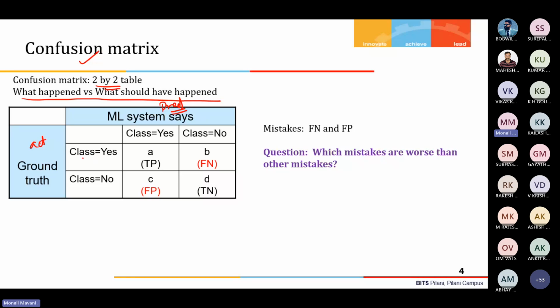This is for binary classification: class yes, class no. The actual ground truth is yes or no, and the prediction is yes or no. So this kind of table we will make, and then there are 4 numbers in the table, A, B, C, D. This will tell true positive, false positive,